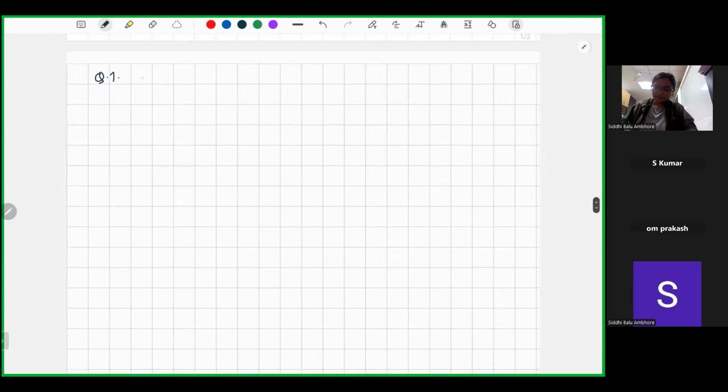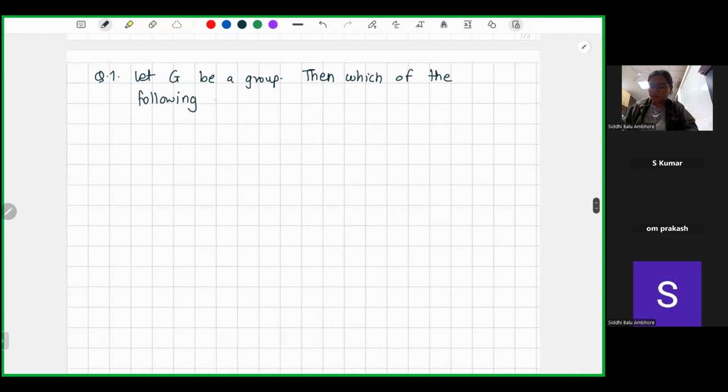Okay, so let us start with our first question, that let G be a group, then which of the following statements are correct? This is basically, we have to check whether these statements: AB inverse belongs to H for all A, B belongs to H,